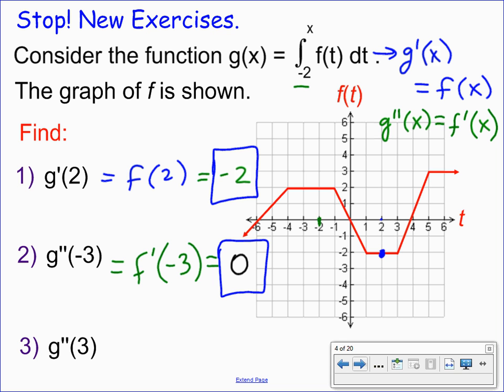And g double prime of 3. G double prime of 3 puts me at f prime of 3, and f prime of 3 would be the slope of my graph f when x equals 3. And so we're talking about the slope of that point, right? The slope of that point. And when you say the slope of that point, then you should have all kinds of red lights blinking in your head, right? Sirens,